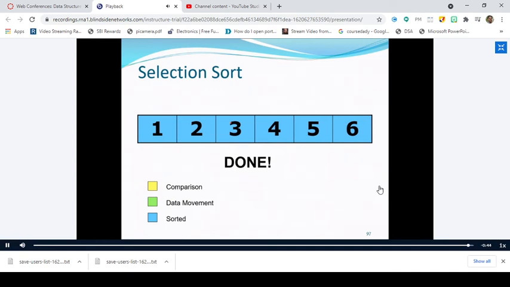And the idea behind the selection sort is, as the name suggests, you have to select the best element. The best element can either be the largest or the smallest. And after finding the best element, you have to move that element. The best element should be moved either to the front of the array or to the end of the array. It depends on the logic which you are going to include. Right? And when you place the largest element or the smallest element at one part of the array, you repeat the same step until all the elements get sorted.